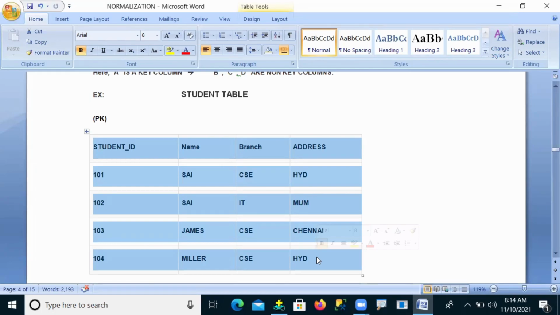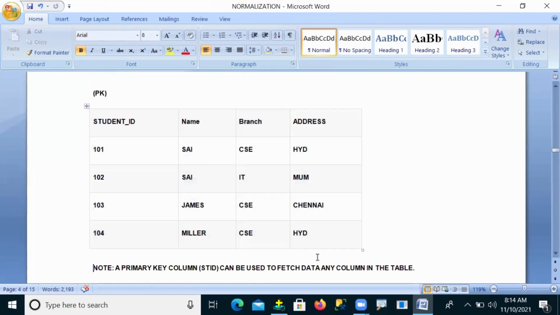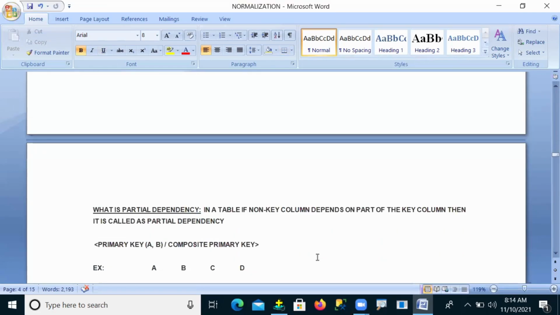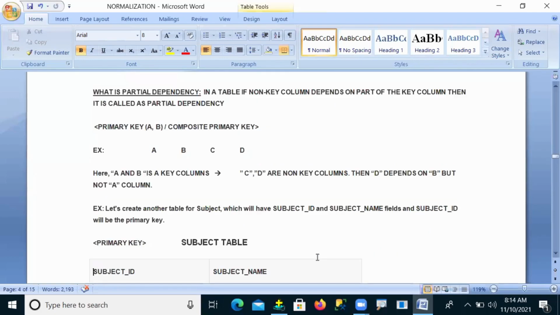So when your table satisfies the second normalization technique, there is no need to do any modifications in this table. I keep the table as it is and go on to develop. Okay, so this is the fully dependency. Now, what is a partial dependency? Observe carefully. We discussed fully dependency here, now we can check partial dependency.